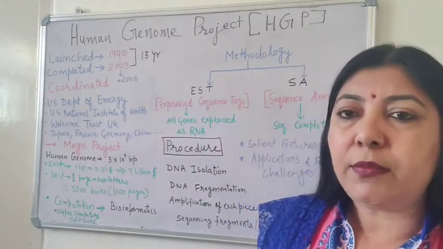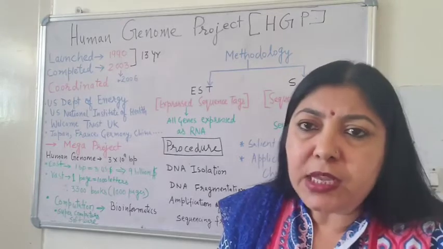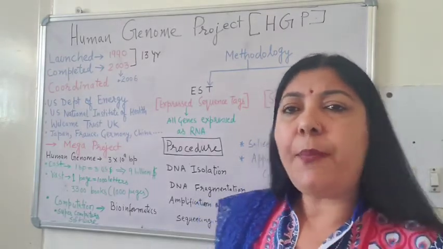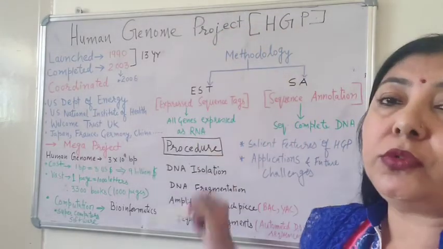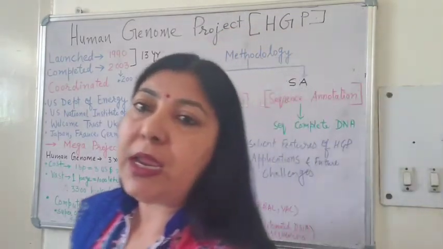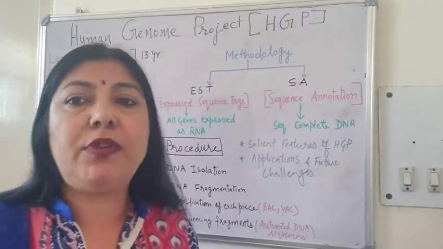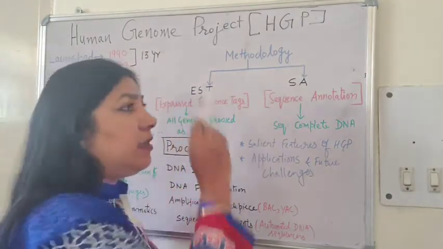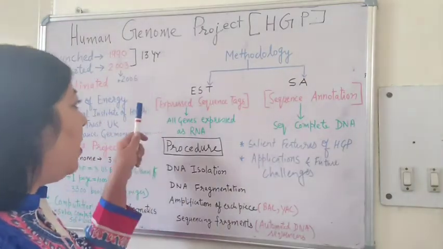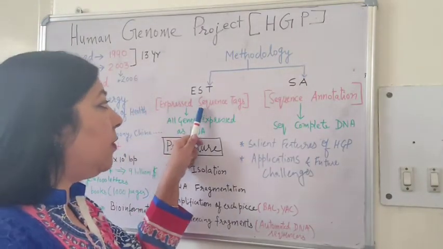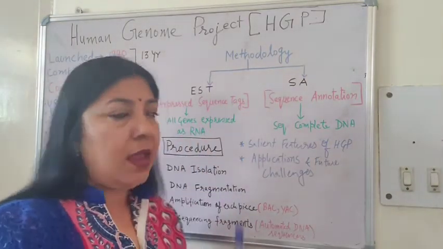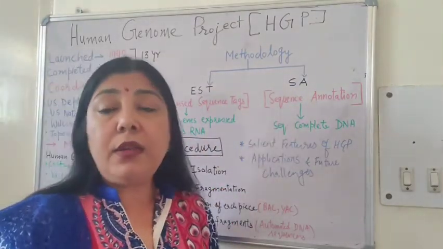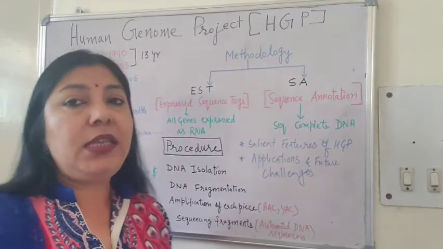So these were some aspects of this project. Now, because the complete sequencing had to be done, various approaches were used. There were two main methods which were used. The first method was called EST, which stands for Expressed Sequence Tags. I will tell about it in more detail. And another was SA, Sequence